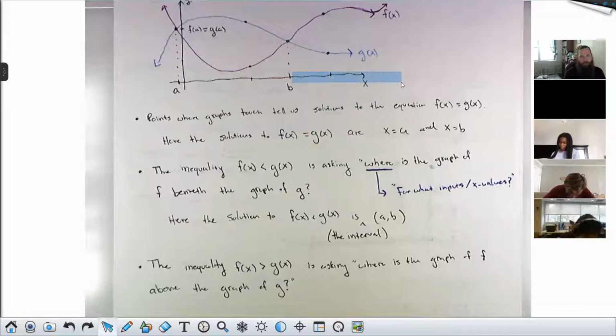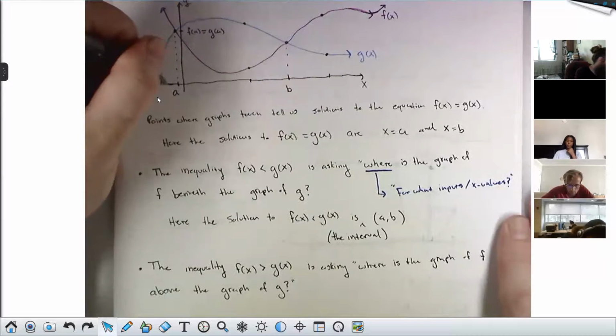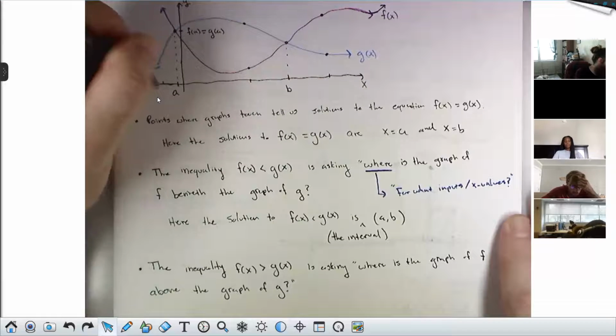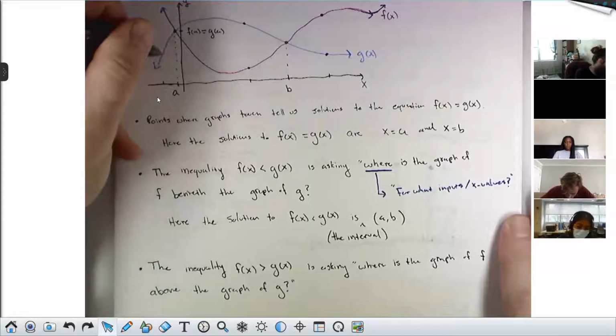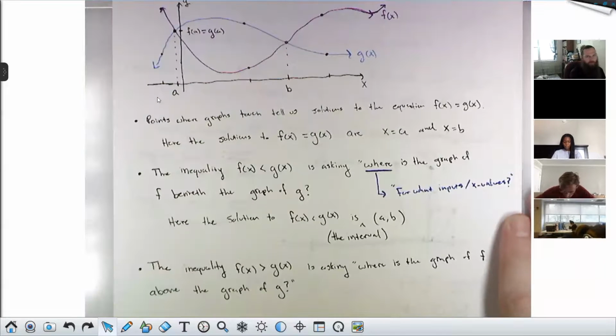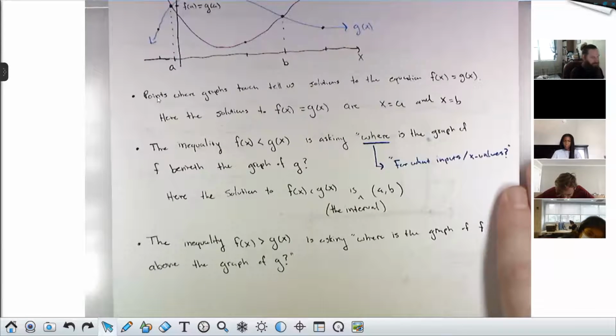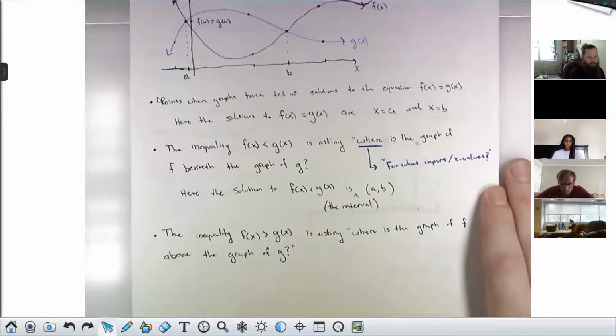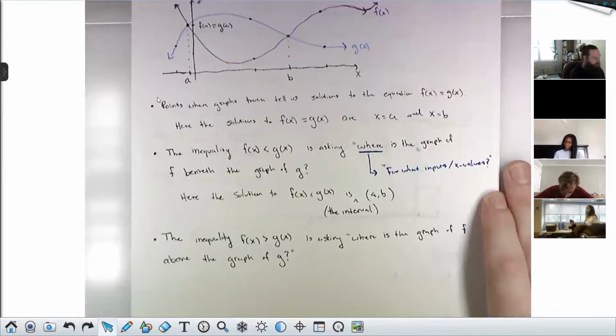In fact, anything bigger than b here would be a part of that solution, because the way this is drawn suggests that the purple stays above the blue forever. And also over here. If I take an x value over here, it definitely looks like the purple is above the blue there also. So the solution set for this inequality, f greater than g,